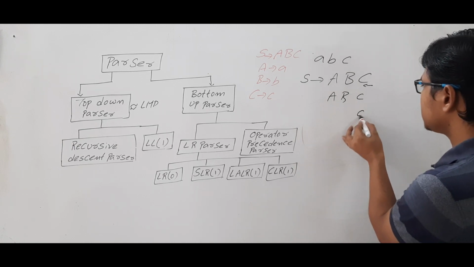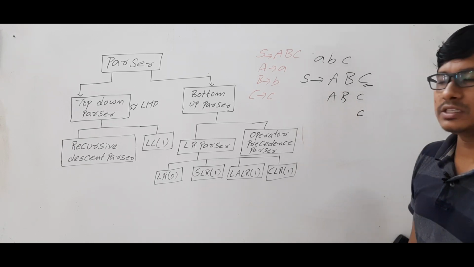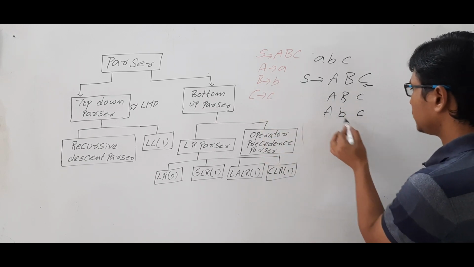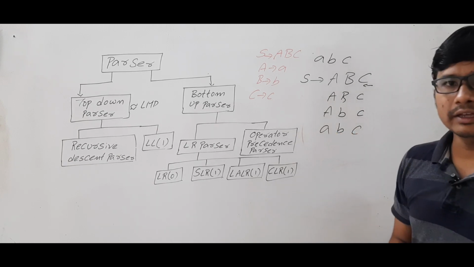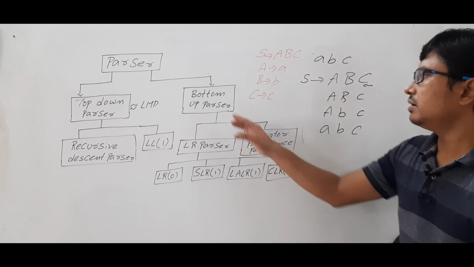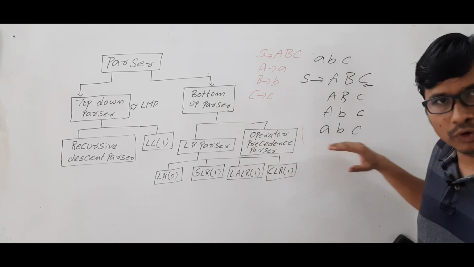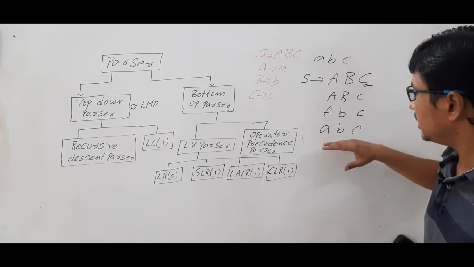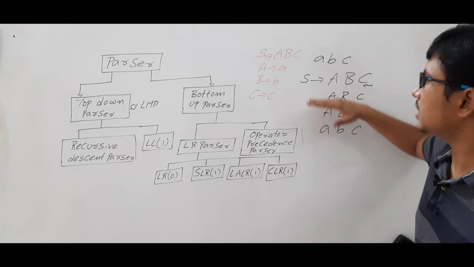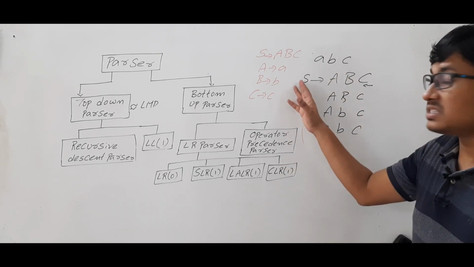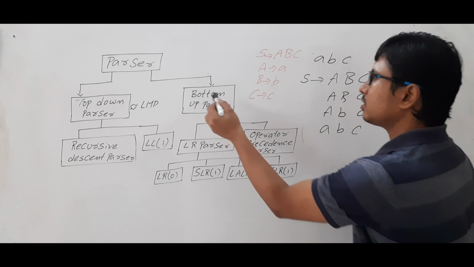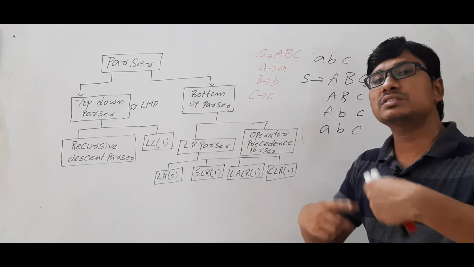Then small c is a terminal, you keep it. Then capital B is a non-terminal. You will find the equivalent production from the grammar. Then you will write this one. Then this is equivalent to ABC. So this is the rightmost derivation. Now, if you look at it, the bottom-up parser also does the rightmost. Am I right? But what has it done? It has done it in reverse, because the bottom-up parser started from the terminals and then went to the start symbol, whereas rightmost derivation started from the start symbol. So, I can say that bottom-up parsers follow the reverse of rightmost derivation.